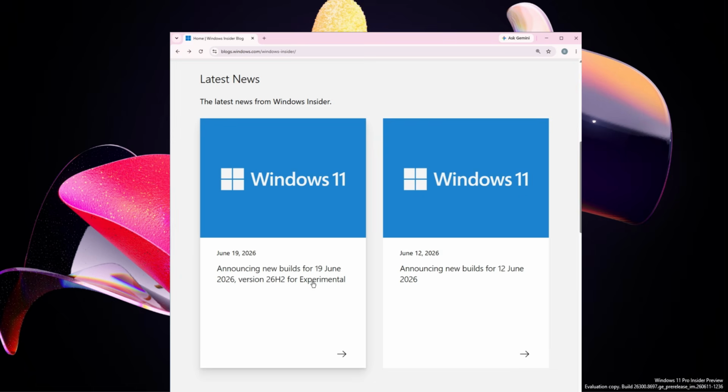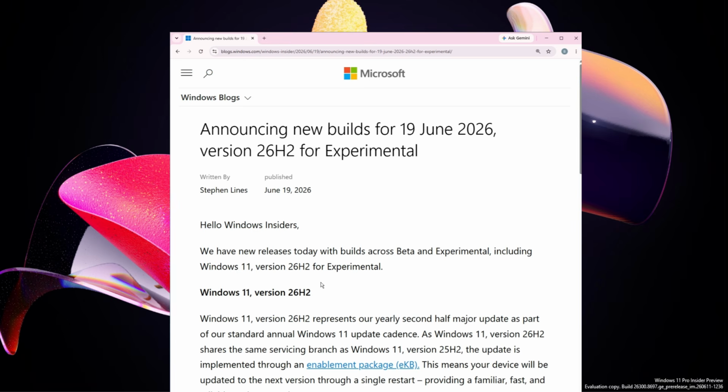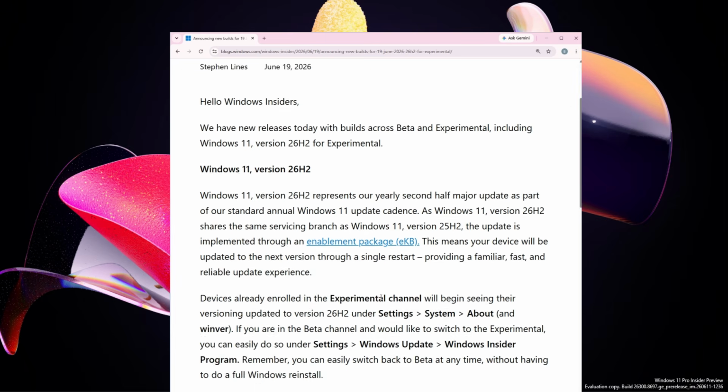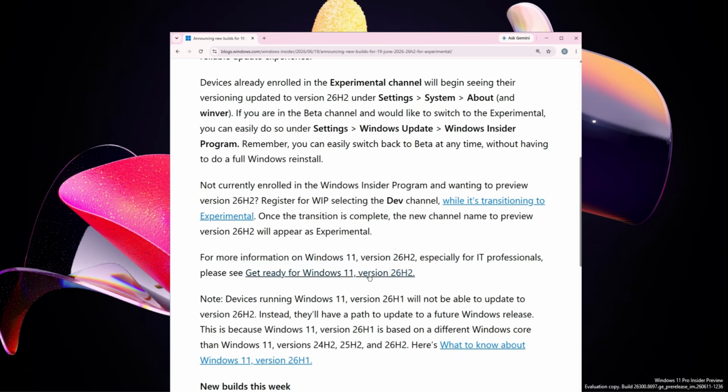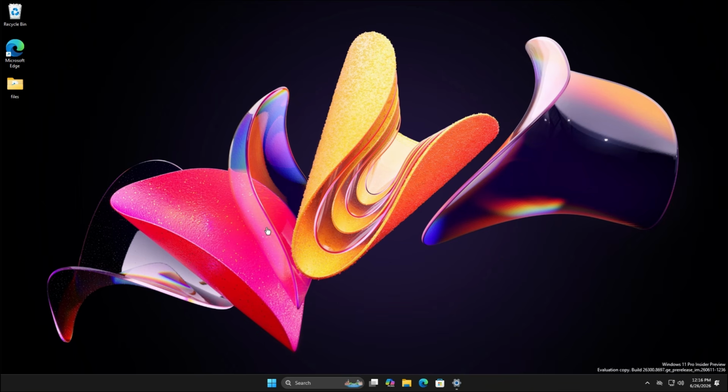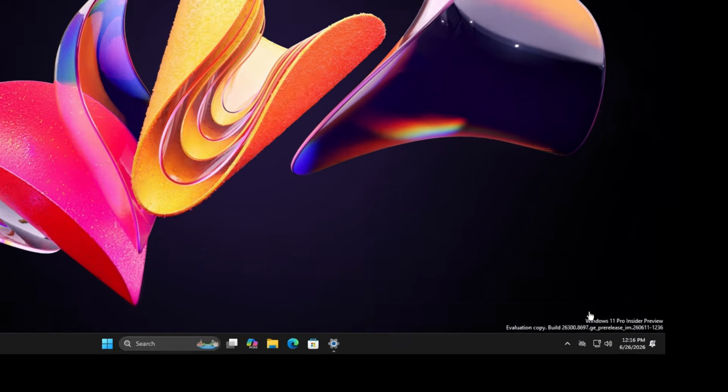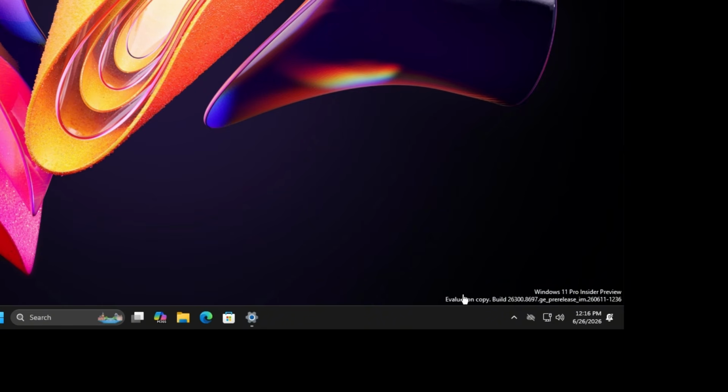Recently, on June the 19th, Microsoft officially announced through its official blog that Windows 11 26H2 has now been released for the experimental channel. I've also recently installed this version and tested it myself. As you can see on the screen at the bottom, my system has been upgraded to Windows 11 Pro Insider Preview build